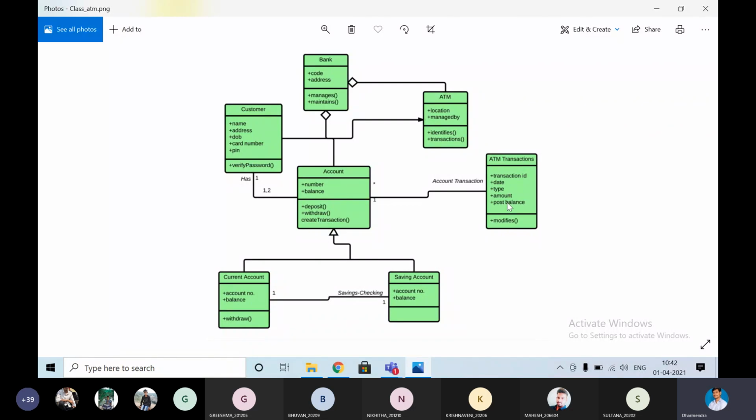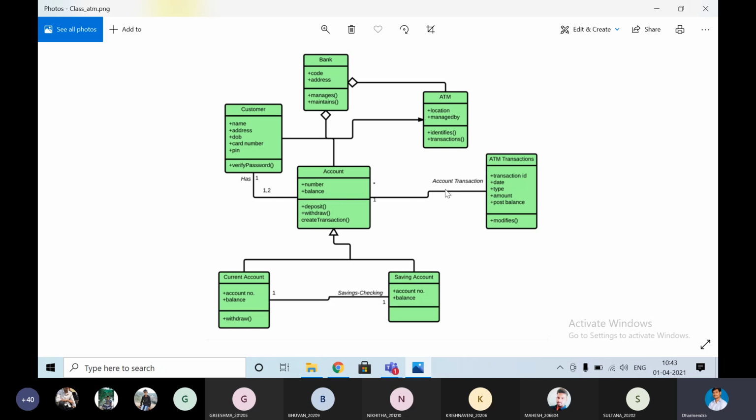What are the attributes and what are the operations here? Let's assume it is global ATM related information. Many ATMs will be there for a bank, but maybe it is global ATM related. It is a specific ATM of that bank. That's why they kept it like this.